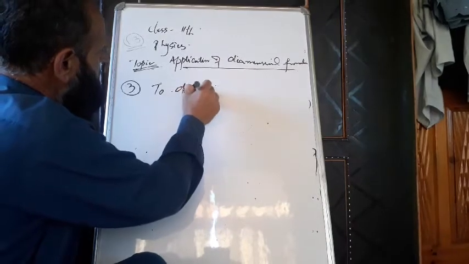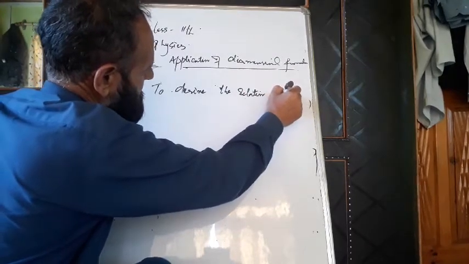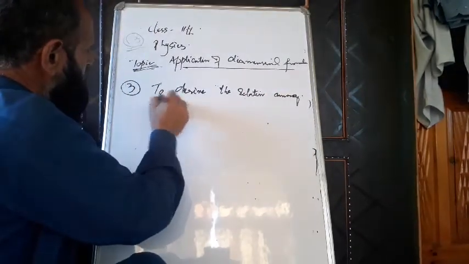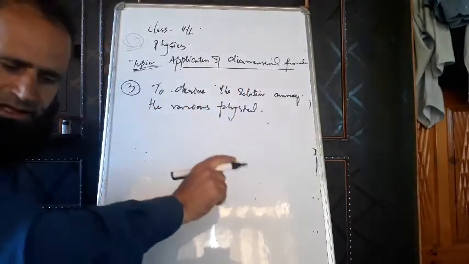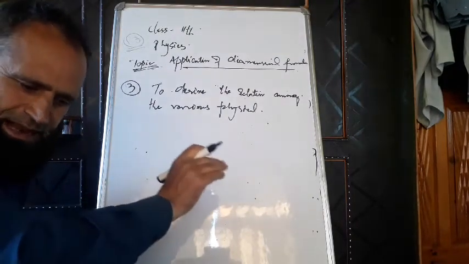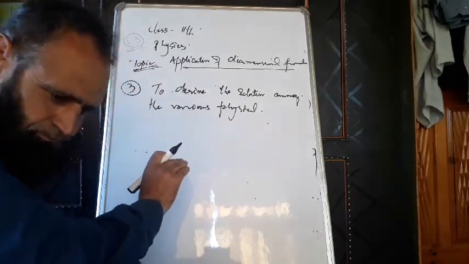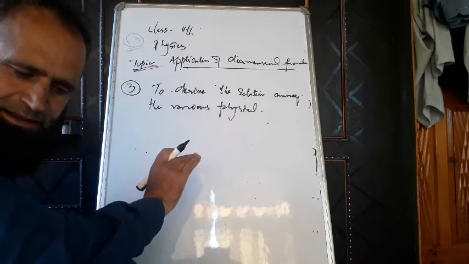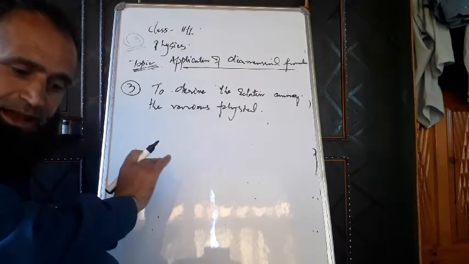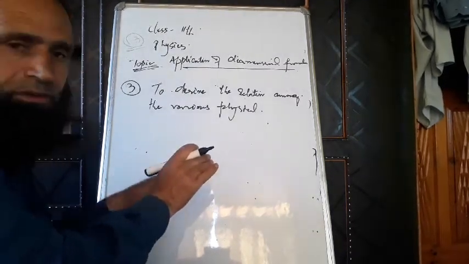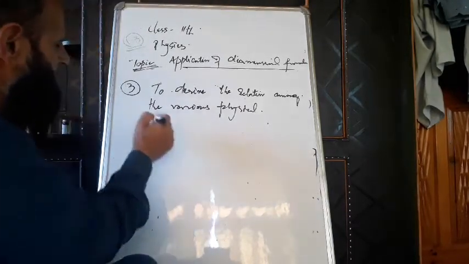To derive the relation among the various physical quantities, we can derive the expression for the various physical quantities only if we know the principle of homogeneity of dimensions, and we must know on what factors this physical quantity depends. For example, if I am taking a